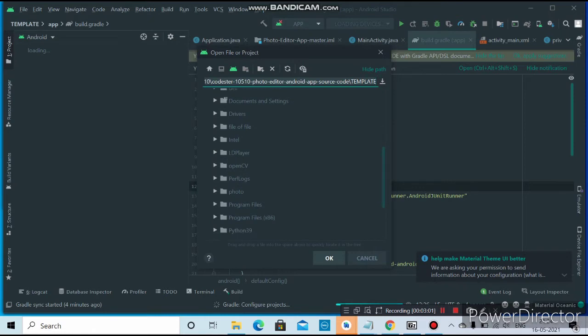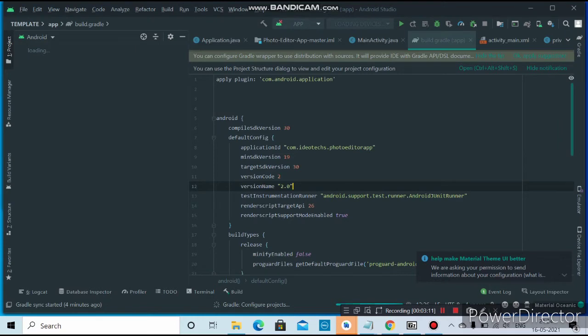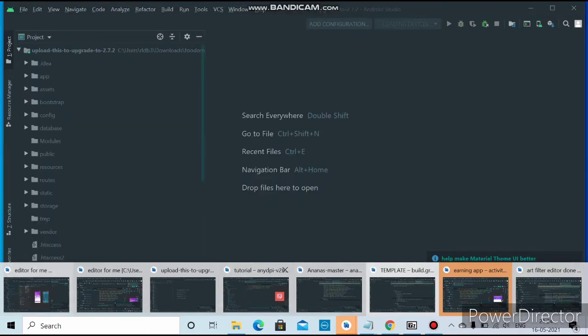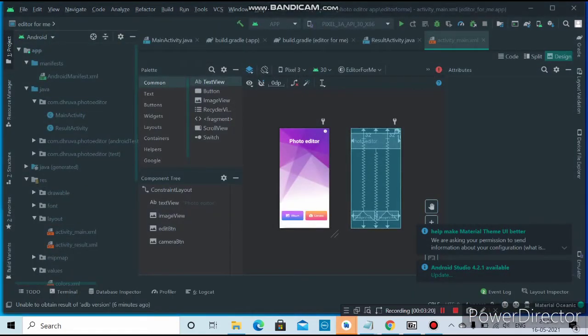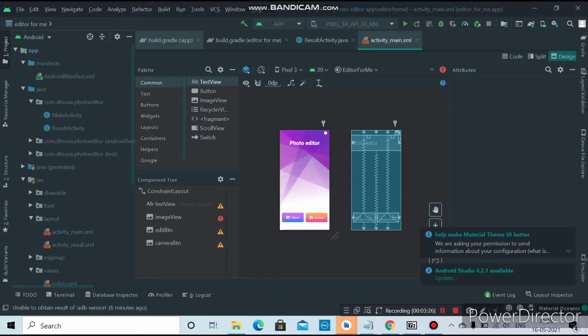So I kept my source code here, which we downloaded just now. That is the source code. So after that you want to click on OK. After clicking on OK, it will open the project. I opened the project previously, as you can see on the screen. This is the project and the main screen. You will see source code like this. You can close these extra files which you do not need to open now.